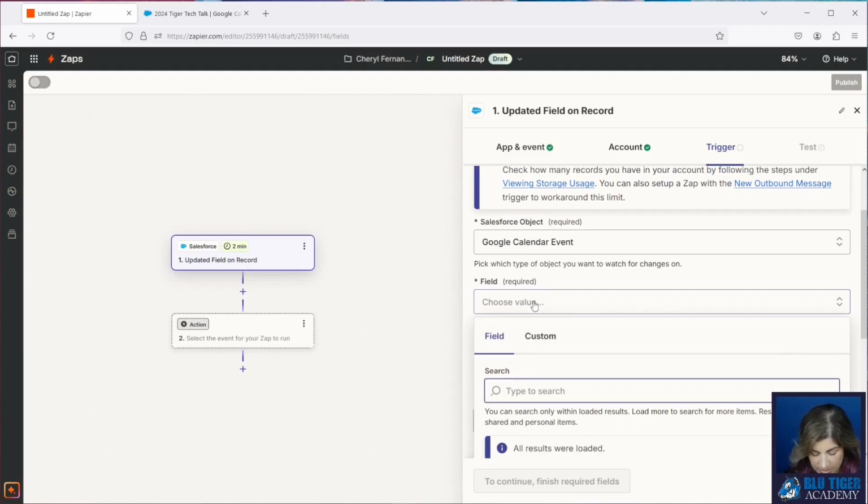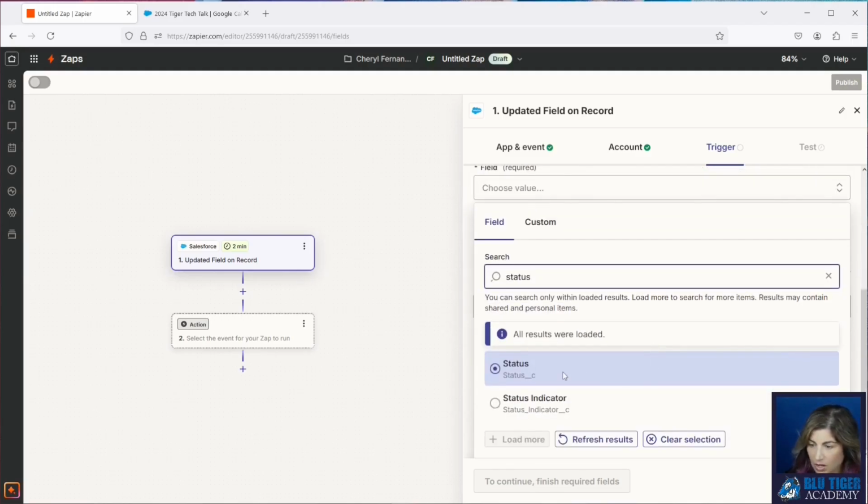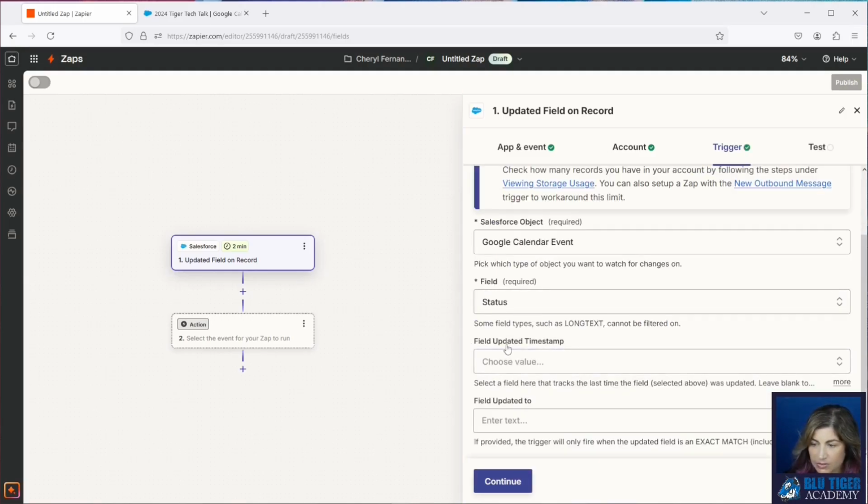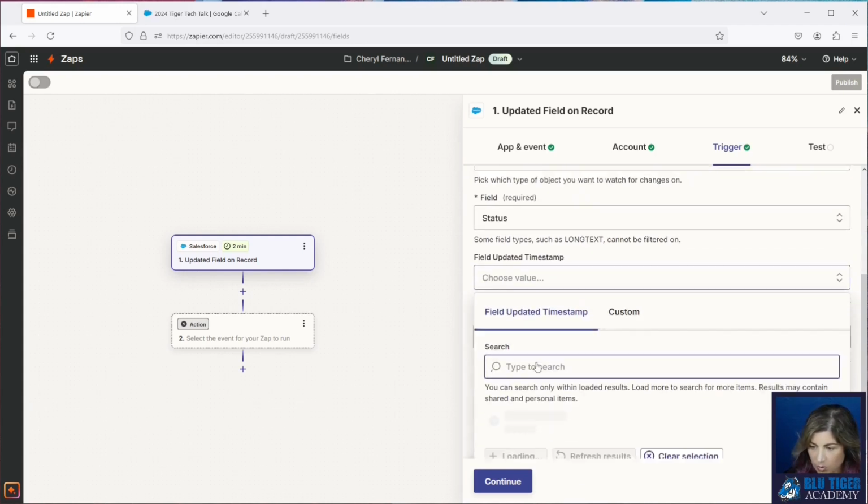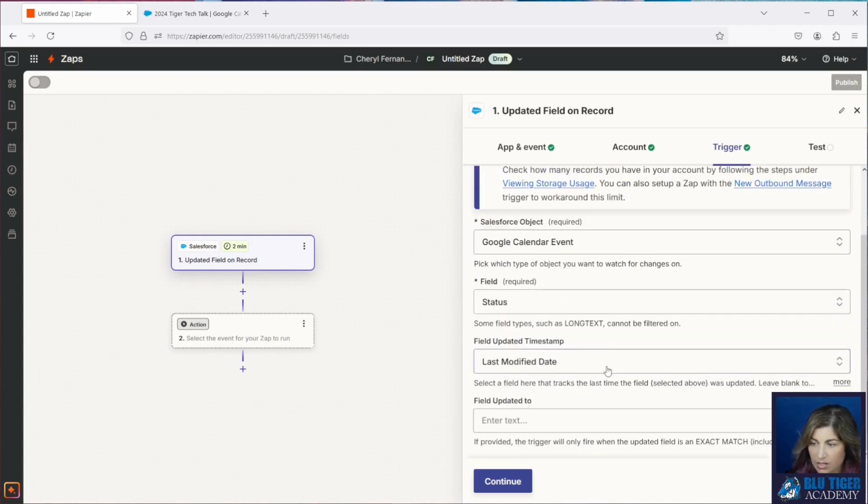Our field is going to be the status field that holds whether or not it is scheduled. And then the field updated timestamp, this is very important. You have to put this in if you want Zapier to fire and check for records that were last modified. In our specific scenario, we want to look for the status to change to scheduled.